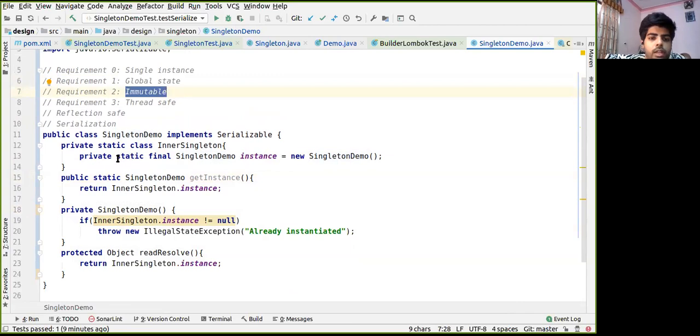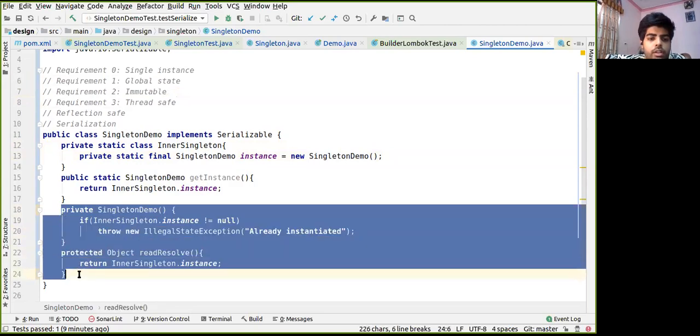So the instance is immutable as this is instantiated in the class, and classes instantiate their instance with the JDK machinery, and they need not be concerned about being thread safe. So they are inherently thread safe. So immutability is covered here as well as thread safety. Reflection and serialization are already covered inside this constructor and this method.